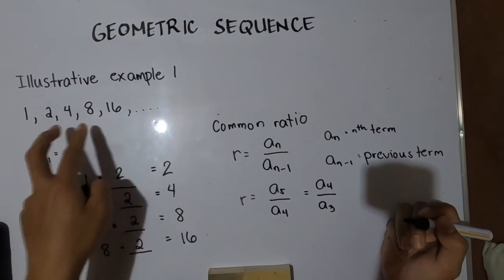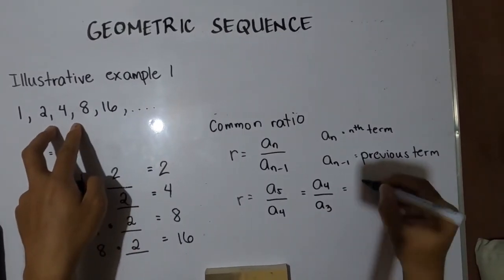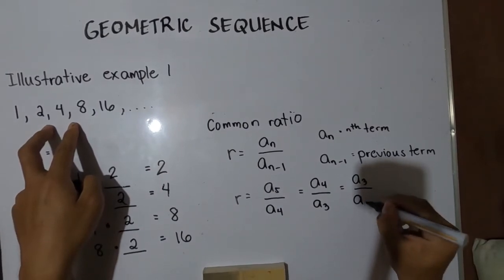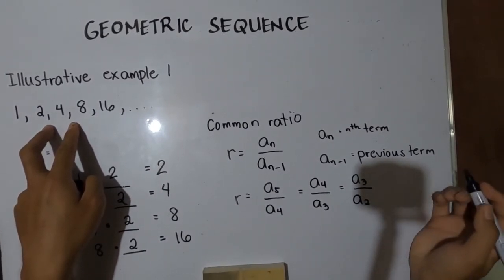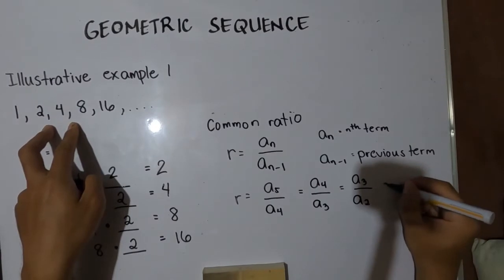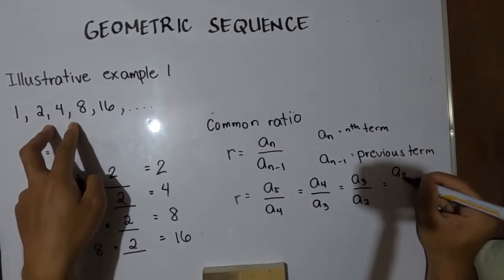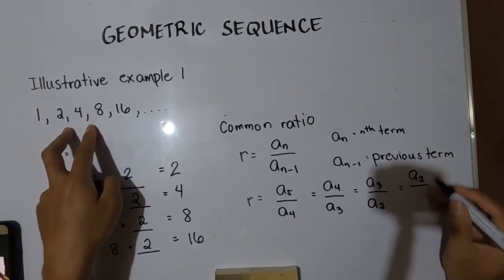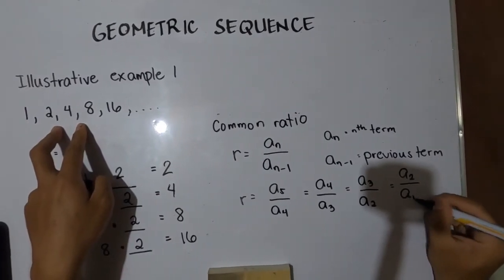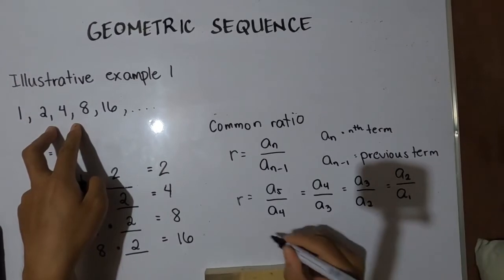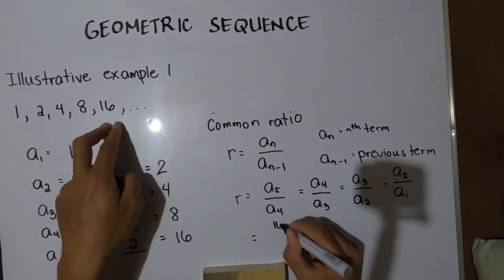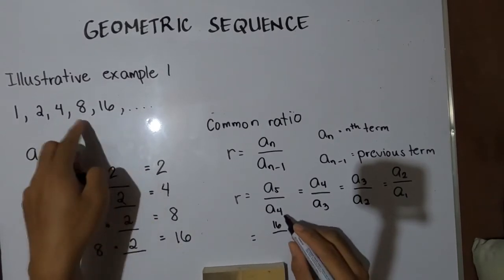This ratio is the same as the ratio of the third term to its previous term, which is a sub 2. And that should be equal to the ratio of a sub 2 and a sub 1. By substituting their values, a sub 5 is 16, a sub 4 is 8,